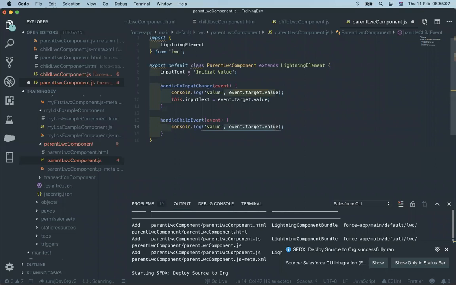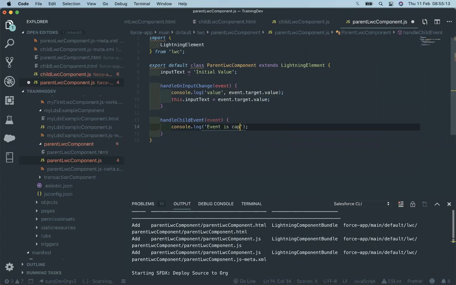So we can see that the event is fired: event is captured from child component.